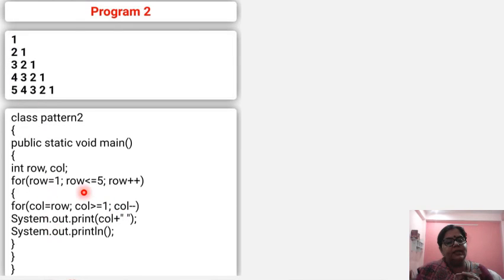In the second, now row has become 2 and column is 2. Because column is assigned with row, now row has become 2, so it is 2 and it will work till 1 because here is a decreasing order. So first it will print 2 and then 1. Like that here it will be 3 to 1, 4 to 1 and 5 to 1. It will work like this only. Okay.